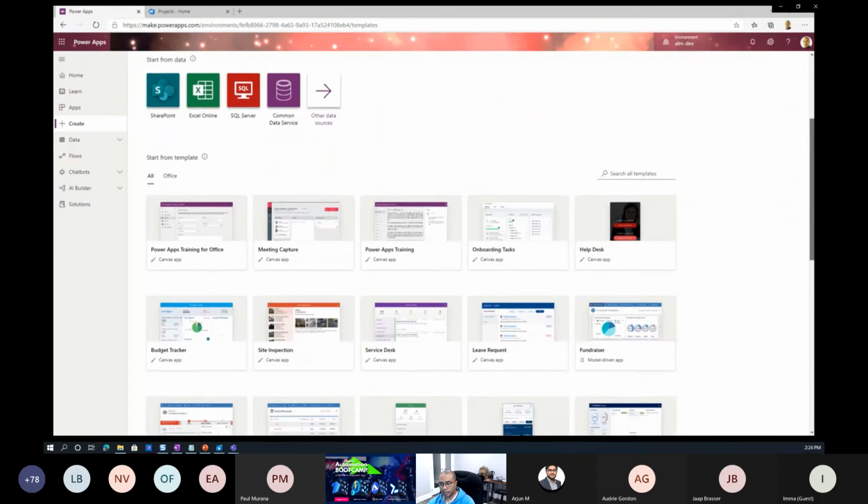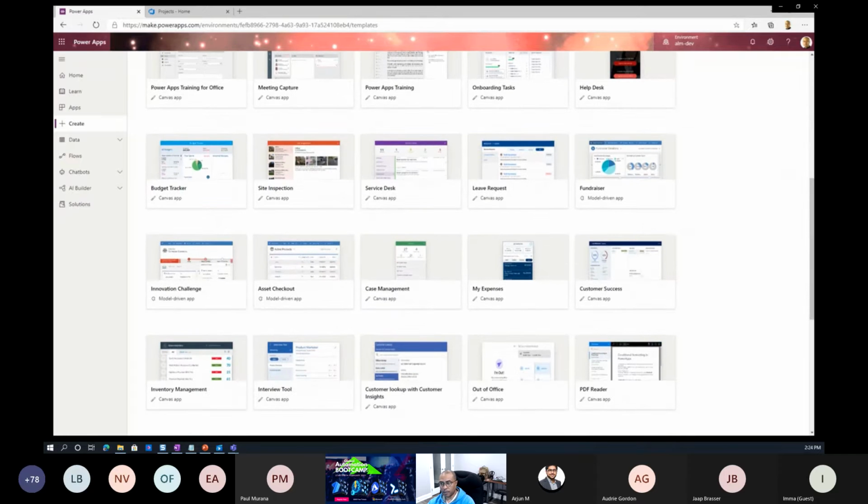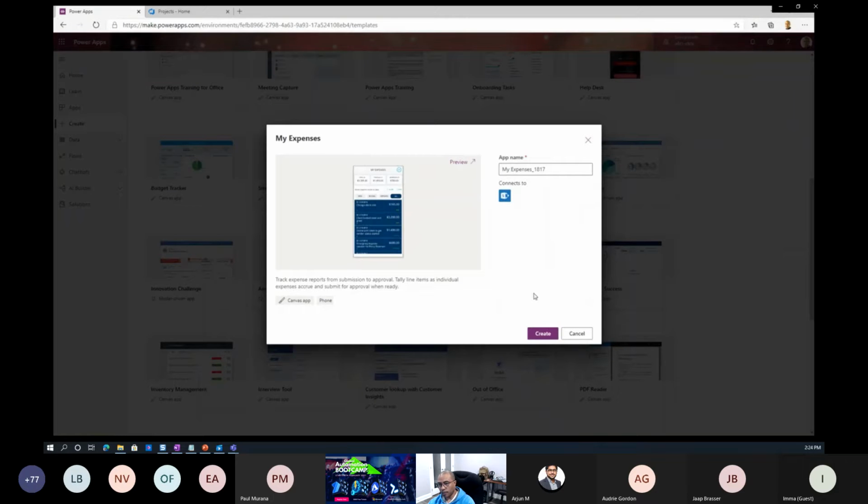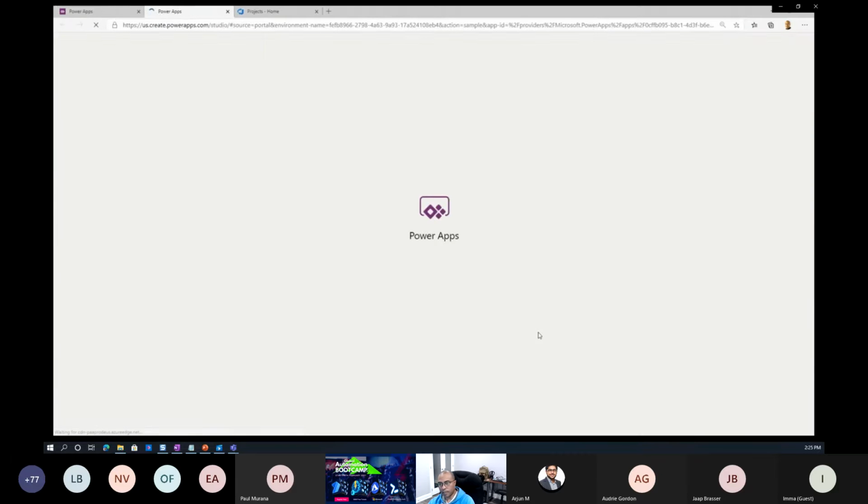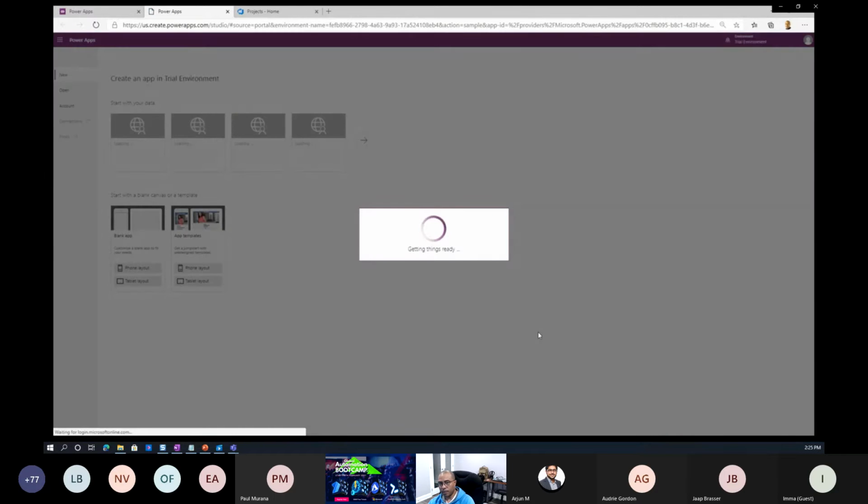in this particular environment. You can start setting up your applications. You can start setting up your flows. But in order to move forward, I'm just gonna go and select the expense application. So now that I've created my solution, now that I've created my environment, I'm just gonna go ahead and do my traditional development. So since I'm not going to start from scratch, what I'm going to do is use the template expense application. I'm going to go ahead and hit create here, and that's going to set up or provision